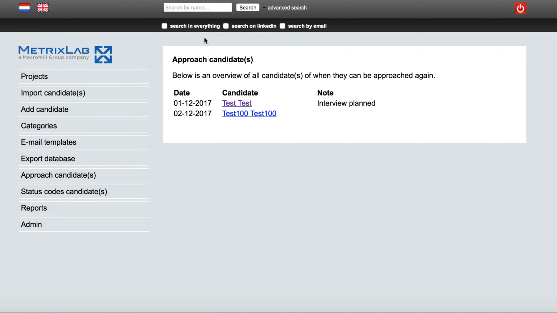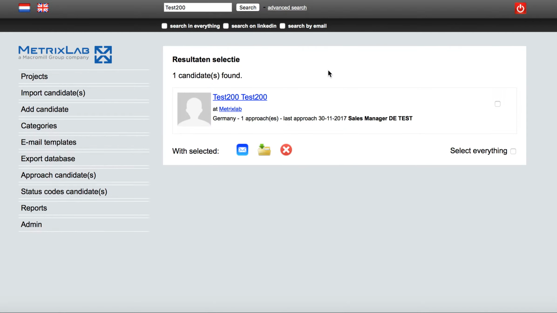But the last thing I really want to talk about is this. That's the search, and the search is only for the candidates. So if you want to search on a project, you go to projects and use the search box on the project. But here, if you want to look for a candidate, so I want to look for this candidate because I talked to her, I was not sure, and I want to go back to the profile and whatever. So I can search it here, and it will appear here. That's simple search on your database. But you also have something very nice